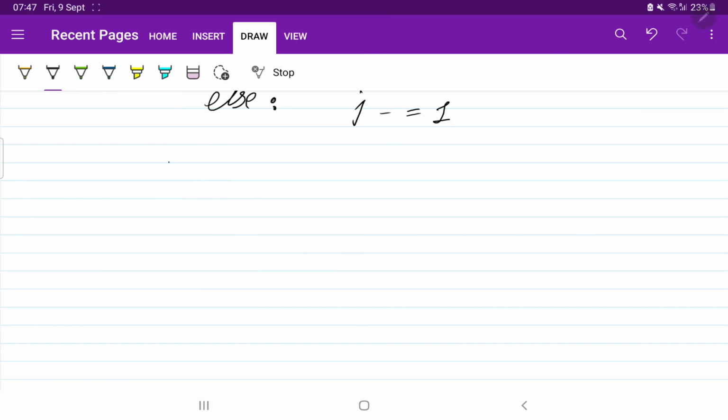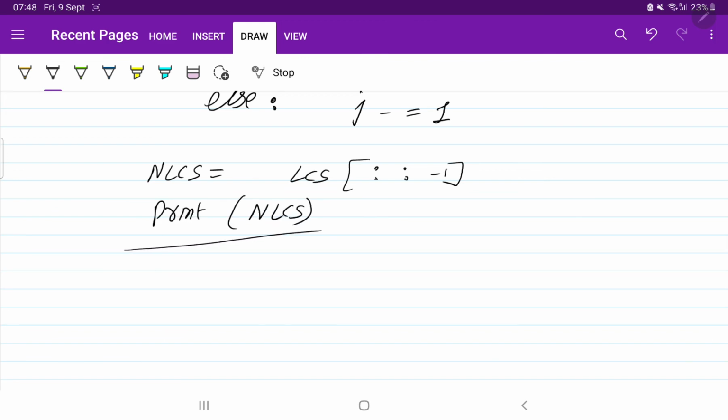So let us write in a new variable, new LCS will be equal to LCS, and in Python to reverse, this is the syntax. We have to leave the starting and ending point, and we have to use -1, which means it will start from the negative end. Then print new LCS, and it will print the answer.